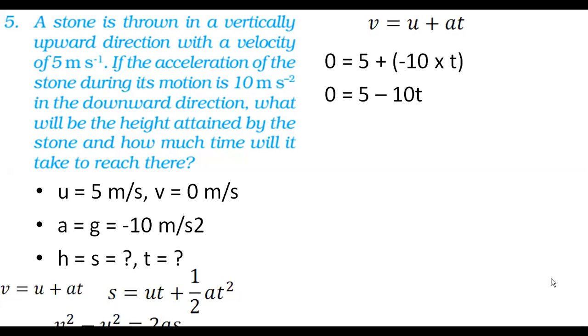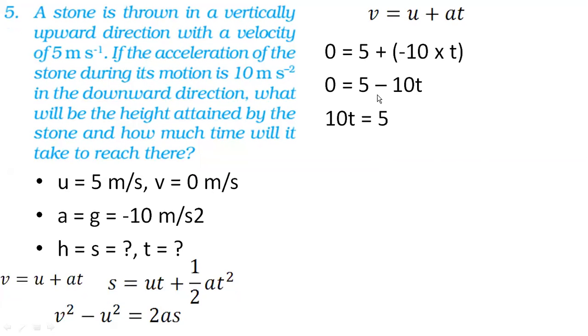So the first one to give the correct answer is Yashwardhan Teka. All you have to do is shift that 10 to the other side. It will become 10t is equal to 5. Now I am going to shift that 10 to the bottom side. So that will become 5 by 10, that would be 1 by 2. So the answer would be 0.5. Unit would be seconds. Time is 0.5 seconds.